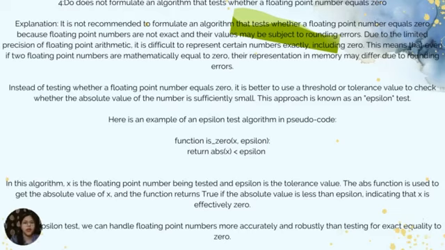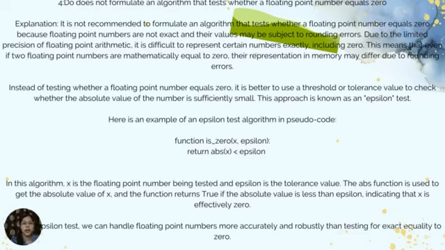Here, statement 4 is also true. It is not recommended to formulate an algorithm that tests whether a floating point number is equal to 0 because floating point numbers are not exact and their values may be subject to rounding errors. Due to the limited precision of floating point arithmetic, it is difficult to represent certain numbers exactly, including 0. This means that even if two floating point numbers are mathematically equal to 0, their representation in memory may differ